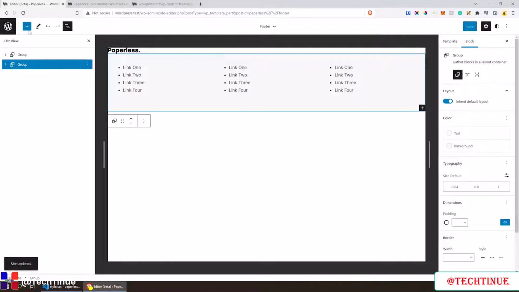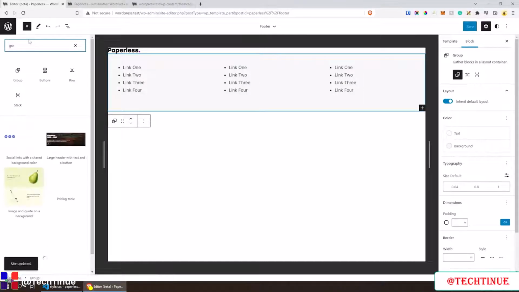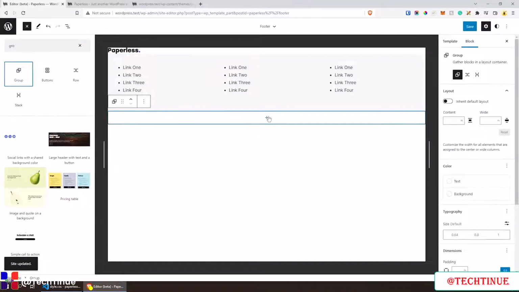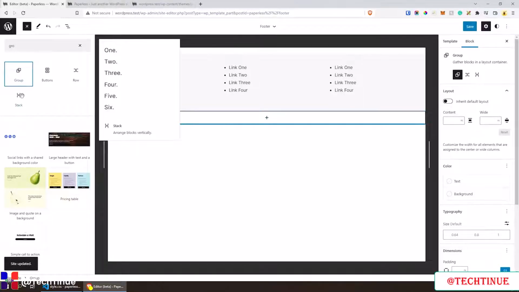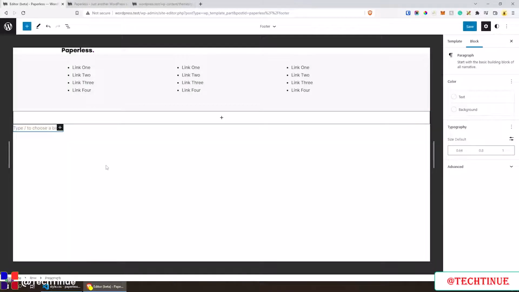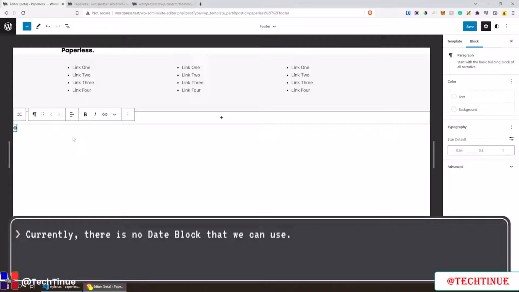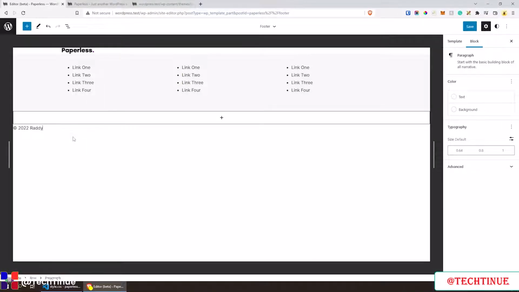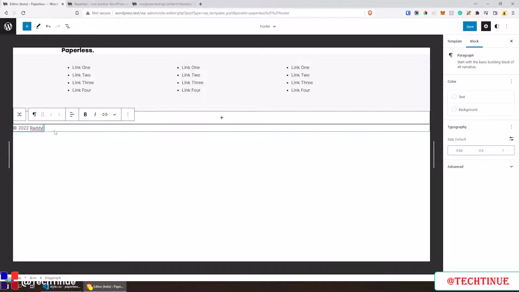And the last thing that I wanted to do is add a little bit of a copyright at the bottom. So I'm going to do another group. And then inside here, we can add 2 elements. Maybe we can add a row. And inside the row, we can add a paragraph. And I'm going to copy a copyright symbol. And I'm going to say 2022. Ready. And then I'm going to copy a dot element here and then say